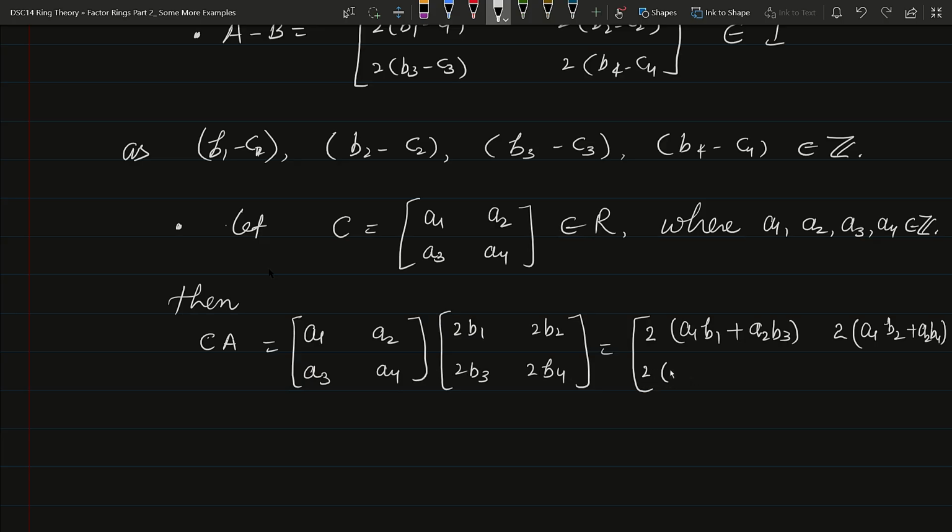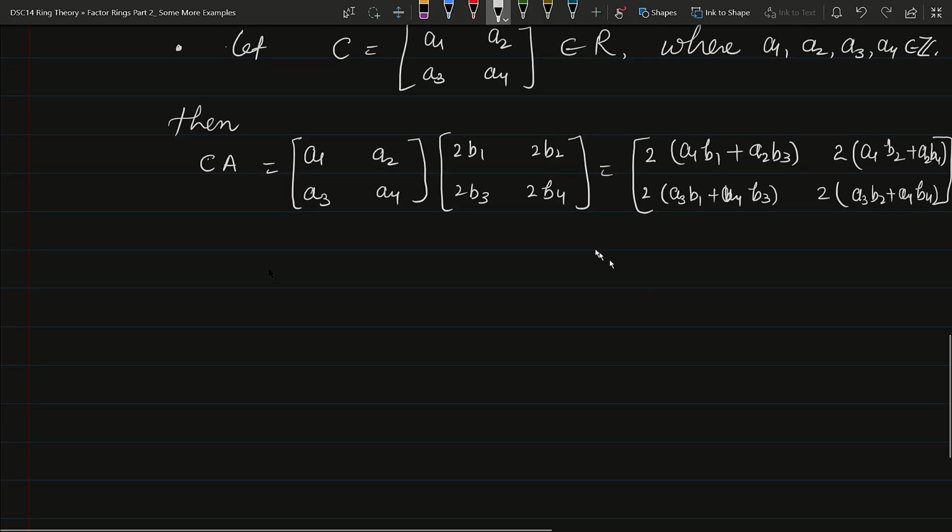So I can say this will be equals to a3 b1 plus a4 b3, and then we can have 2 times a3 b2 plus a4 b4. Okay, but the interesting part is that all the elements a1, a2, a3, a4 and b1, b2, b3, b4 are integers, so when we multiply them and add them, it will still be an integer. And when we multiply it by 2, every entry is now an even number, right? So we can say